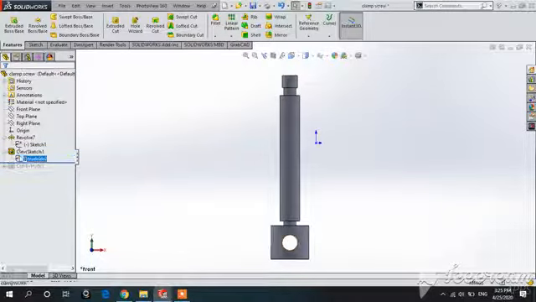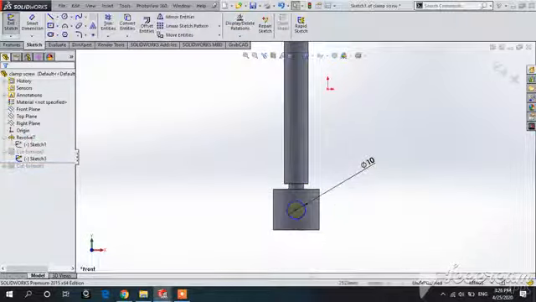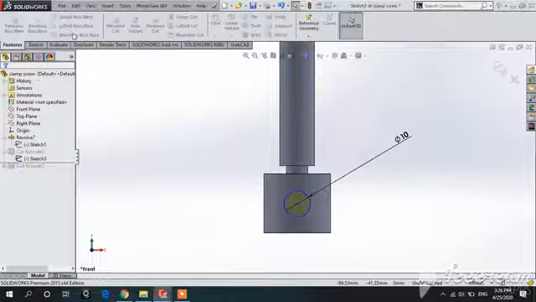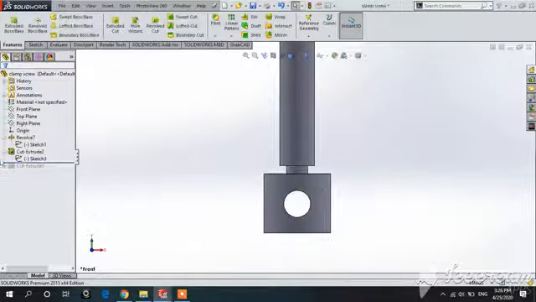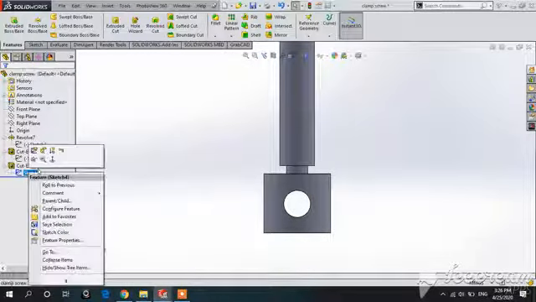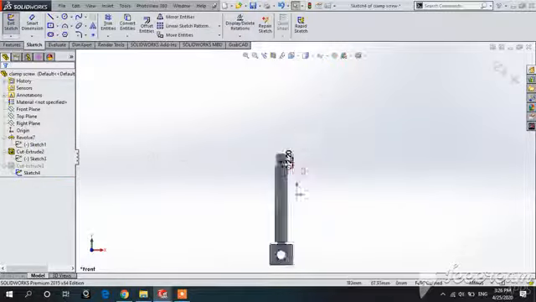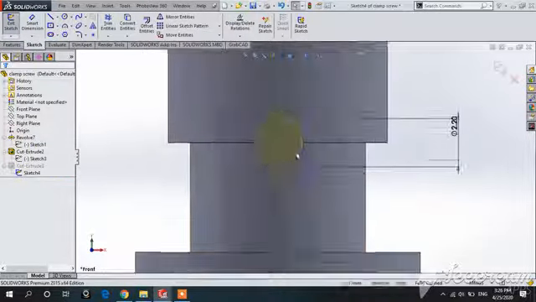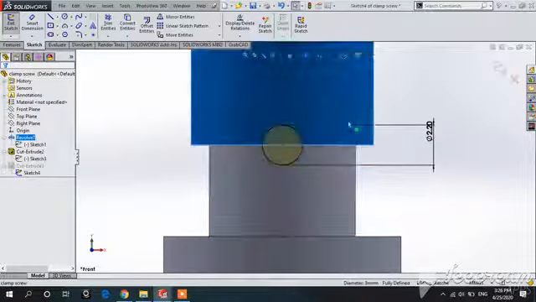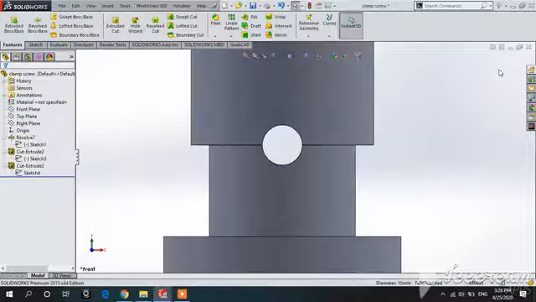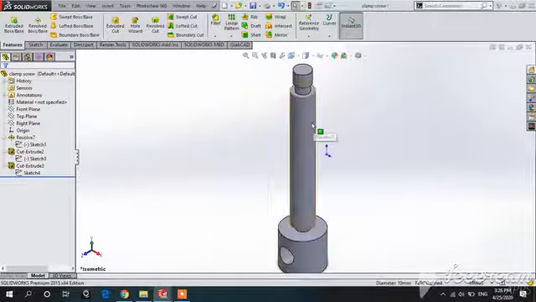From this section you have to draw, this length is 22 mm, and this half length is, check the dimension, the length 8.47, okay, and the dimension of this 3.83, okay, done. After that you have to revolve this feature from the feature section, then revolve. This type of view is created.